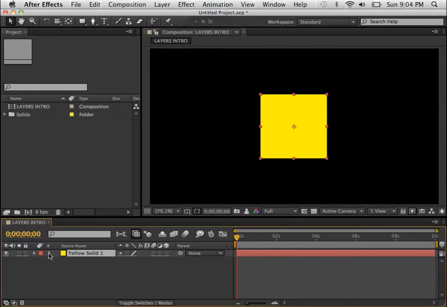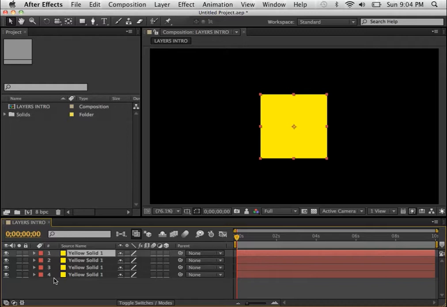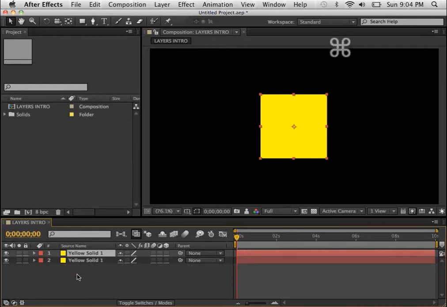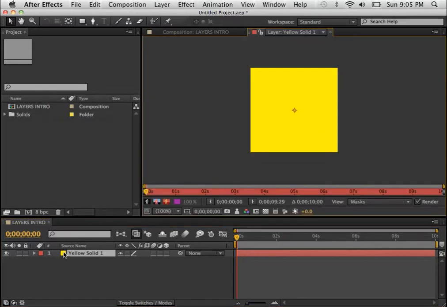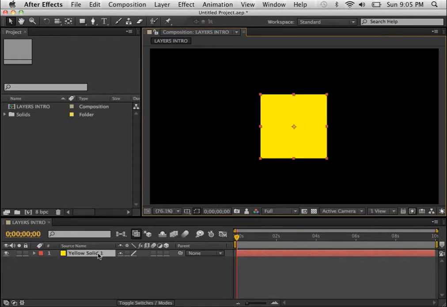This 1 is just telling me the layer number of the stacking order. So this is the topmost layer. It's layer 1. If I had 4 layers, they're listed as layer 1, 2, 3, and 4, but they also have their own names as well. So then you have your solid name and a little bit of information here. This is the color. Whoops, I just double clicked on it by accident. We'll get into that later too. Bye-bye. This gives you the name of your solid. Then we come here to